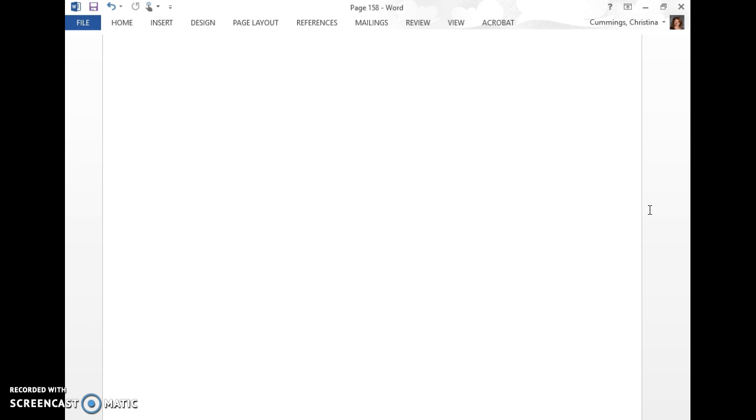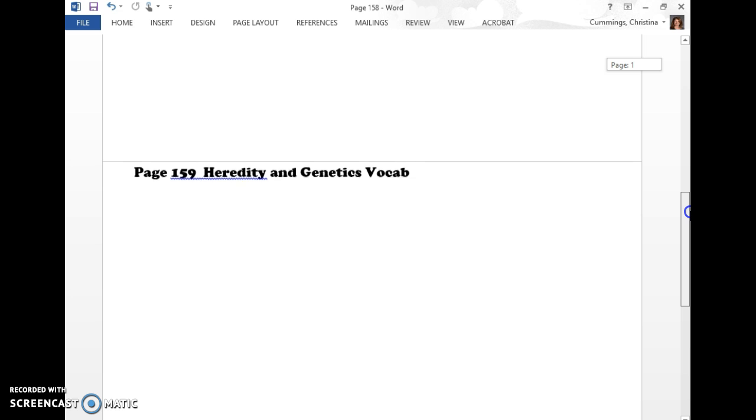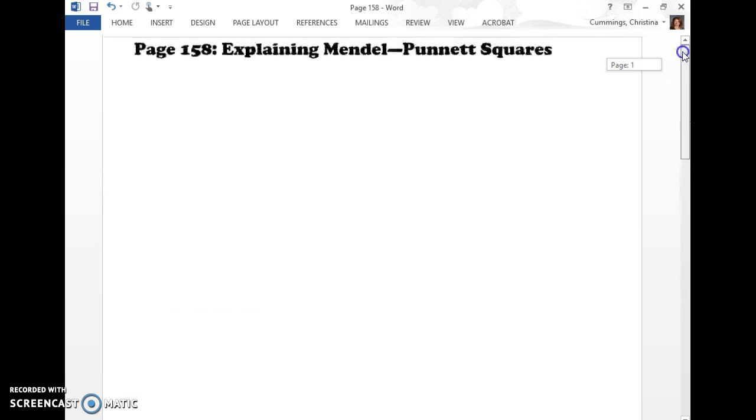On page 158, you are going to write down Explaining Mendel, Punnett squares on the top of that page. And on the top of page 159, you will write down heredity and genetics. And I'll pause this to give you guys a chance to write that down. Okay, so